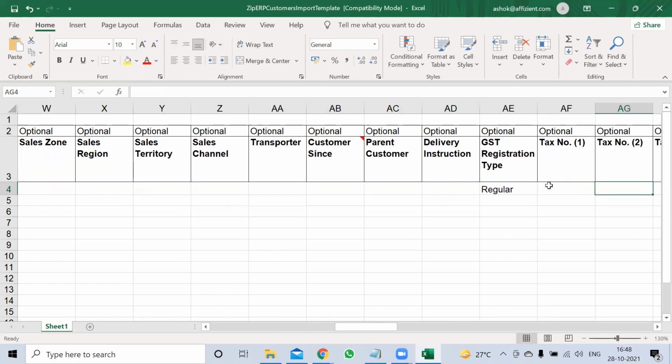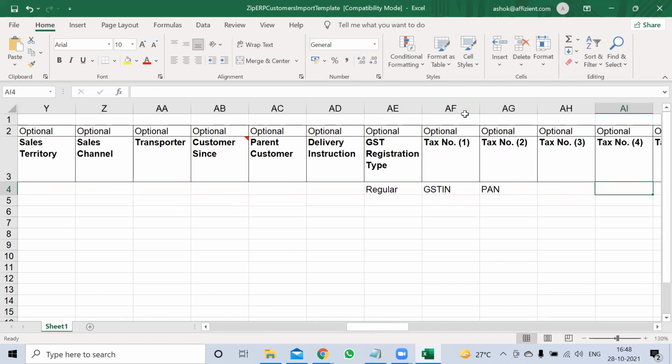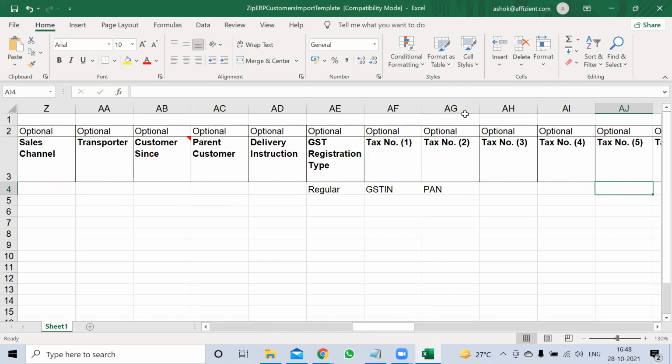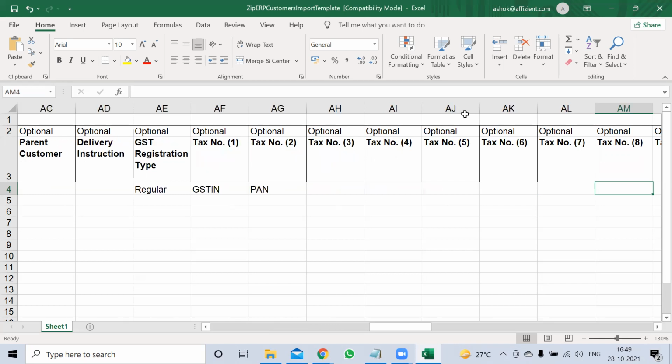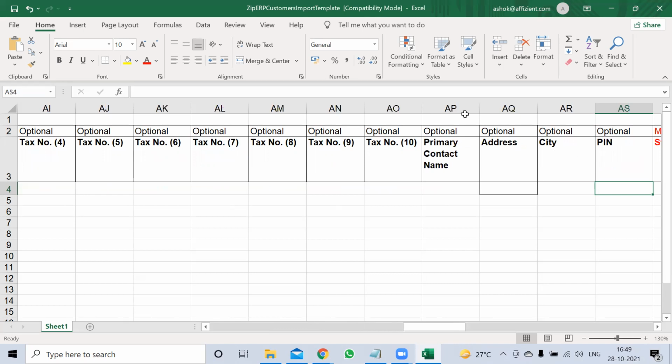Regular, okay. And tax 1, GSTIN. Come to the right side. Will we write PAN in GST 2, Rohit bhai? Yes, sir. Okay. Contact name will be Mr. Ram. Address will be Nehru Road.